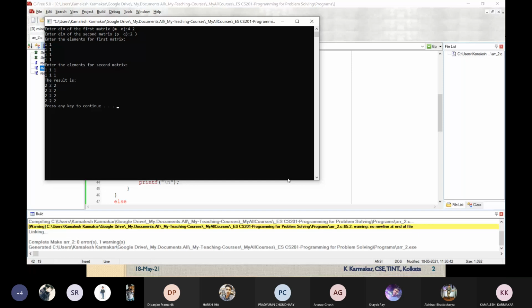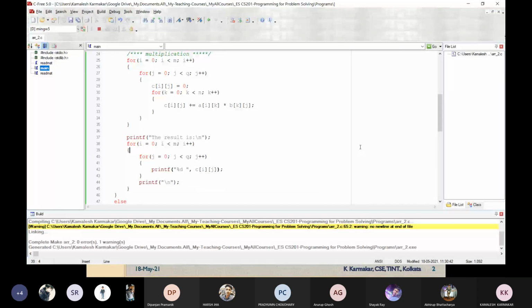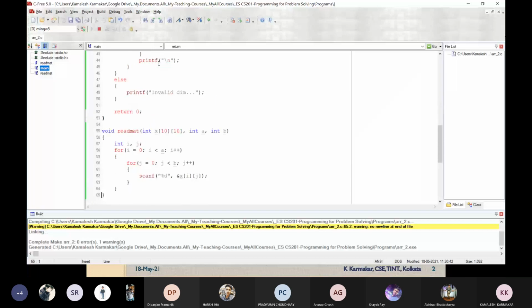This is the result. So it's working properly; we can just pass the arrays in this way. Okay? The name of the array needs to be passed. Pass it here, then in that way it will be executed.